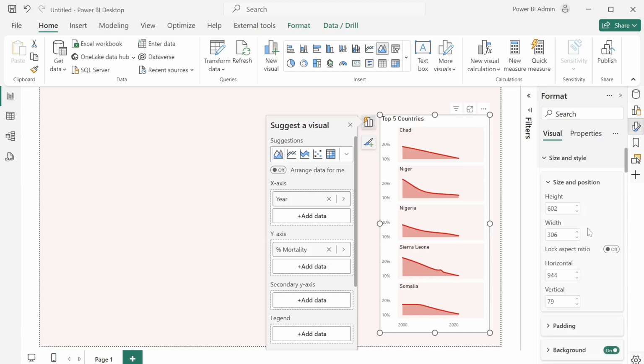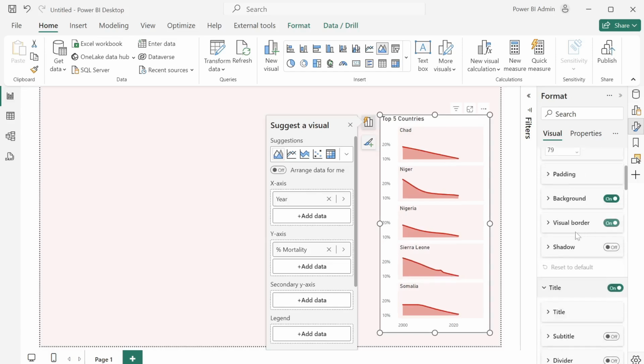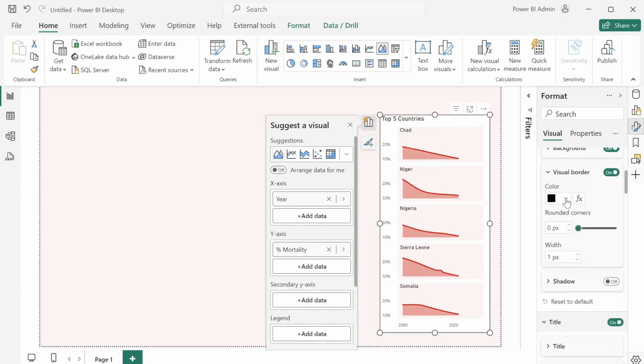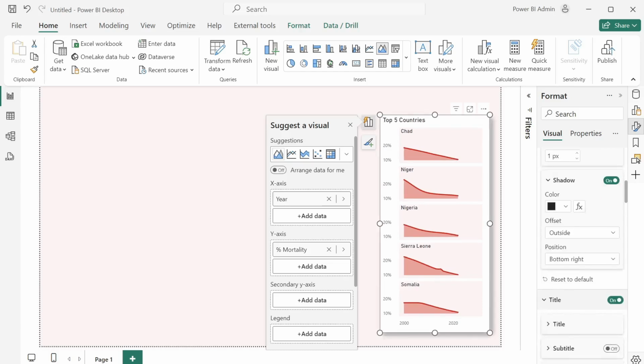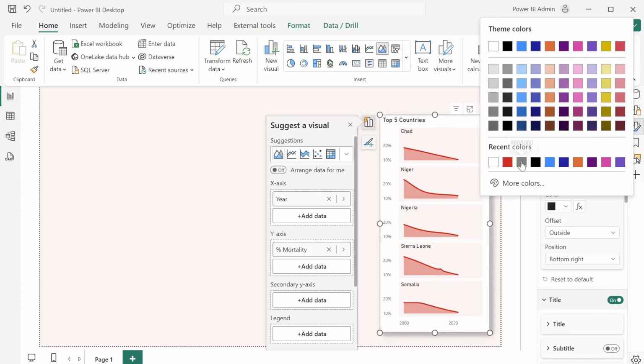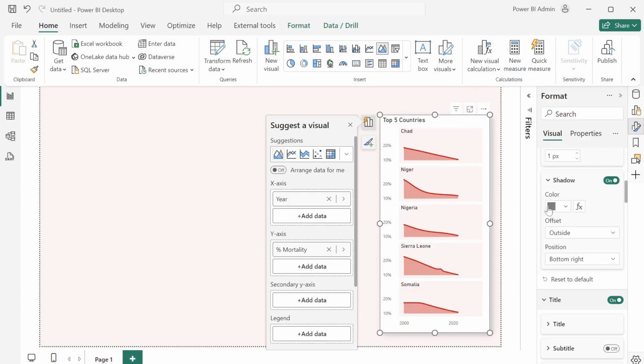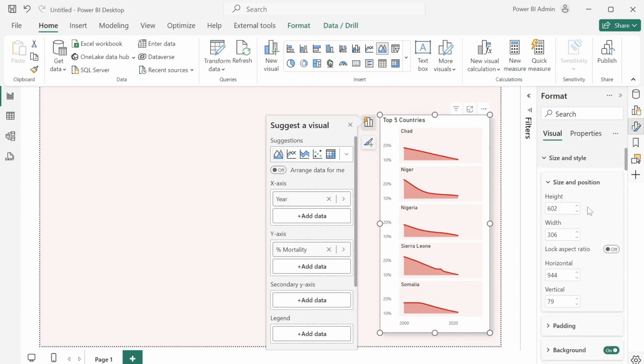Then under the size and style, I want to turn on the visual border, the color of the visual border to be white, rounded corners 10. I also want to turn on the shadow, and the color of the shadow, I want it to be this shade of gray. Then finally,